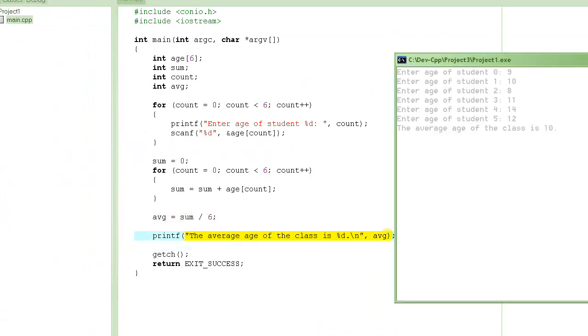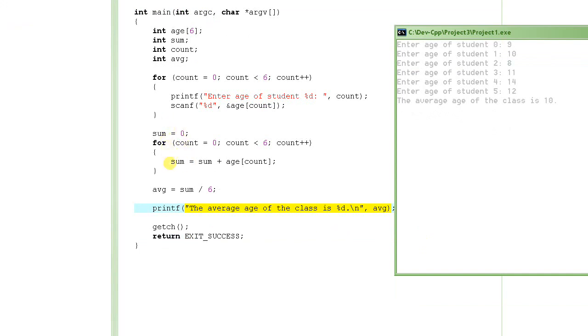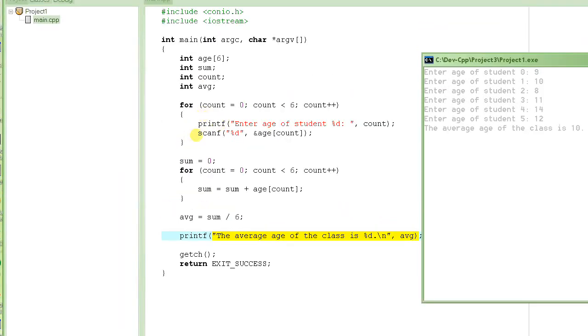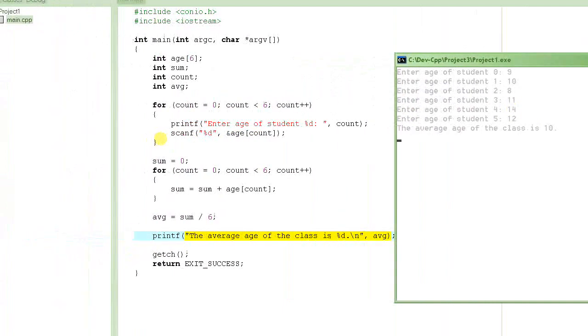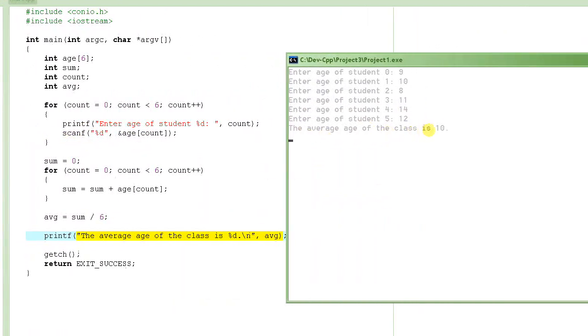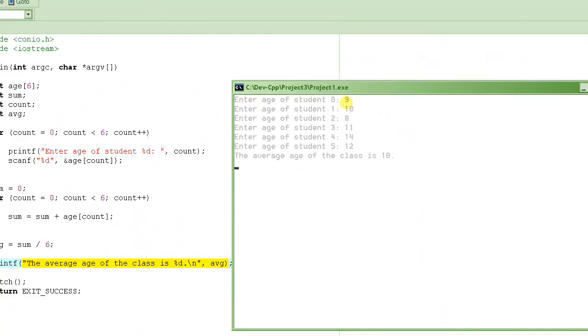So next thing we saw, we don't see how it computes. It computes in a fraction of a second. Vroom, it's done. So we don't see how it computes. The next thing we see is this message here. Notice only thing we are seeing is printf and whatever we enter as a result of scanf. Okay, so it says the average age of the class is 10, and if you have time, you can basically